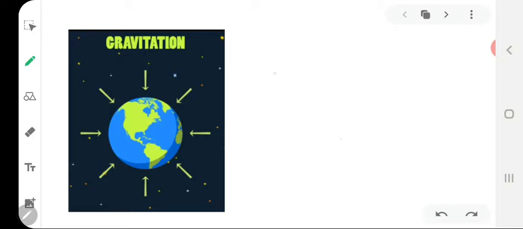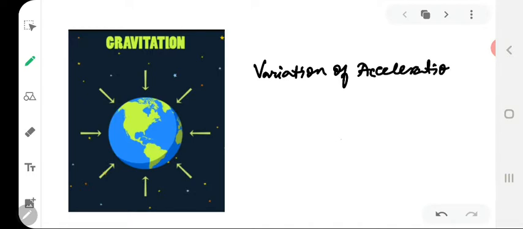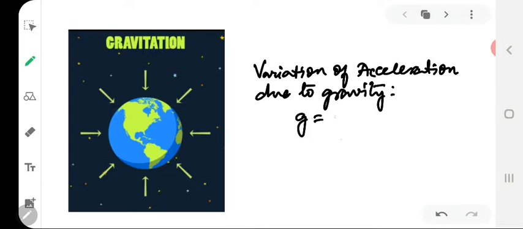Today the lesson will be regarding variation of acceleration due to gravity. So we all know that small g is given by GM by r square. So the question arises, what are the factors that are going to bring about a change in the value of acceleration due to gravity? So these are